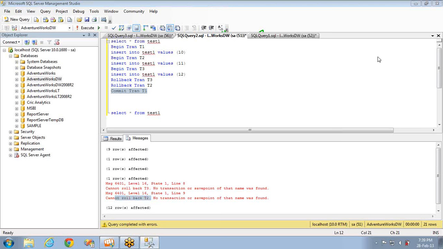Now, as you are clear about nested transactions, let's discuss save points. Why? Because we are getting that error, right? So it is better to have a good idea about save points, from which you can expect a question in an interview. So what is meant by a save point? A save point provides a mechanism to roll back portions of the transactions.